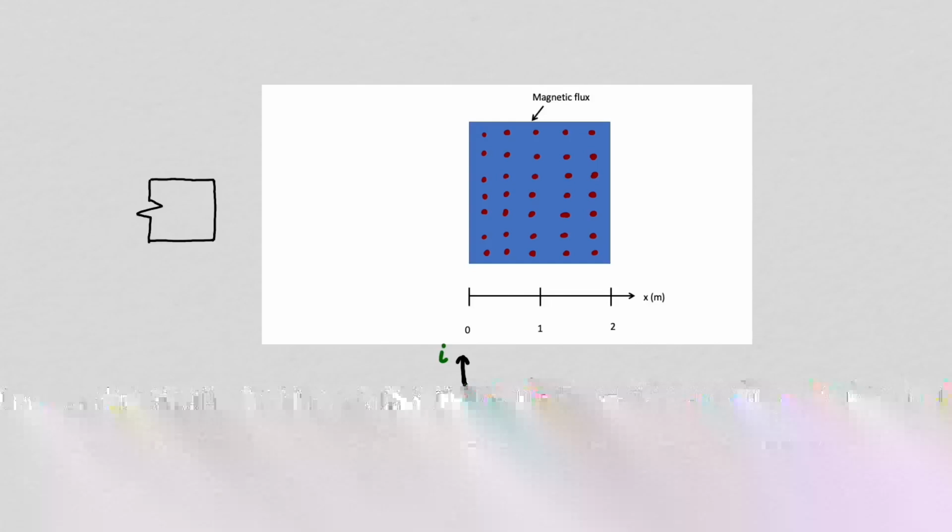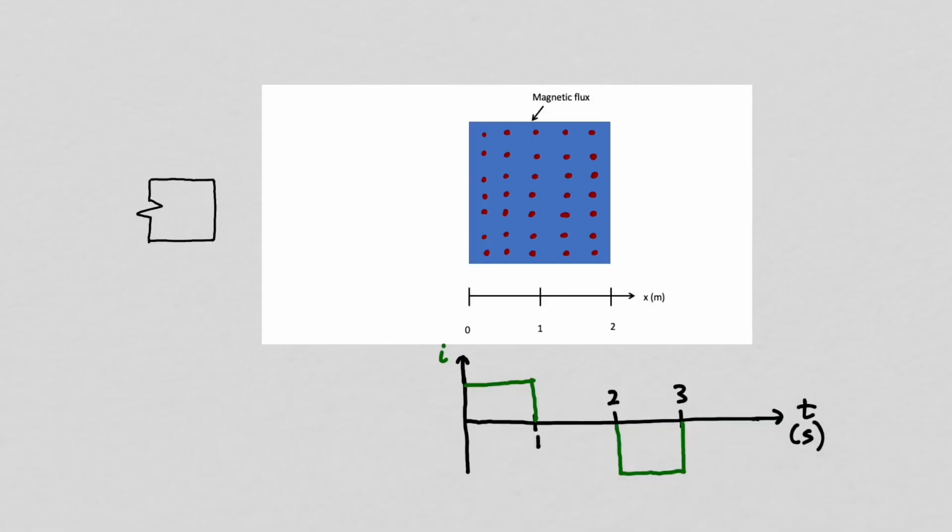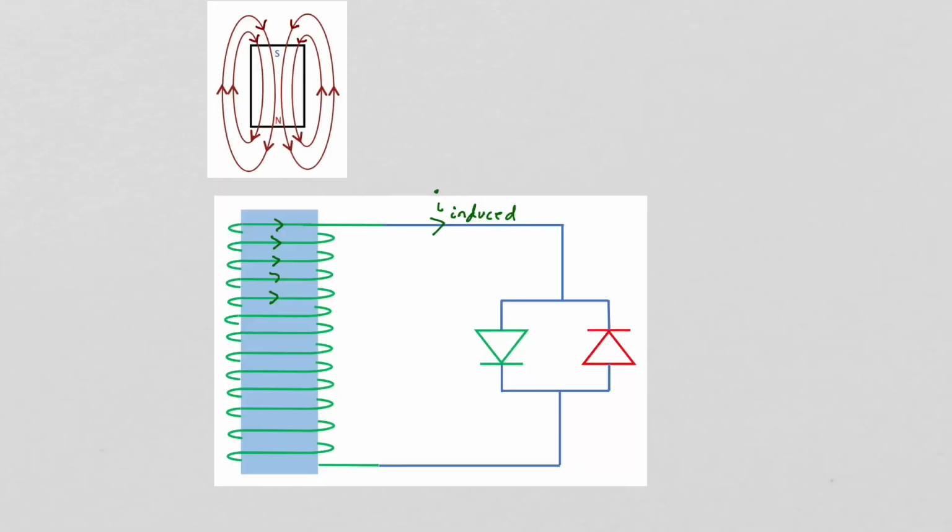And what would happen is that the current would be increased by a factor of 10 from what it was with just one turn. Where that would come into play in our example of a magnet dropping through the coil